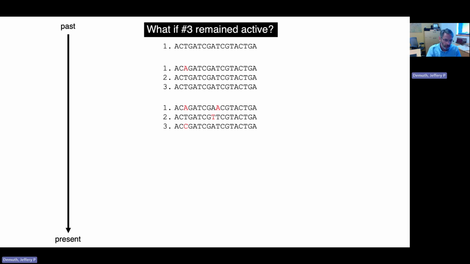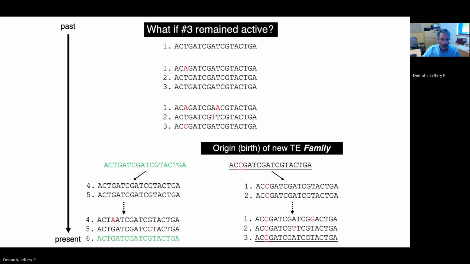But what happens if number 3 in our cartoon example remains active? What we're saying is that a mutation to C at this position still allows this transposon to be active. That's how you get the birth of a new transposon family, right? So our original sequence is still copying into positions 4 and 5. This new sequence